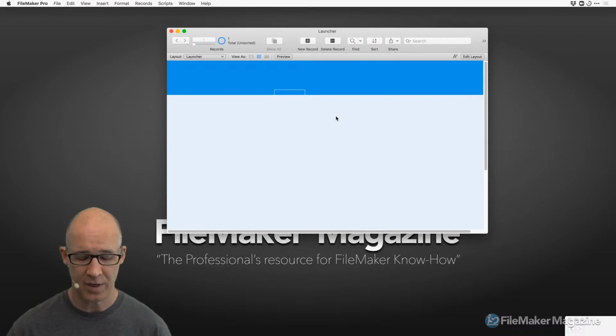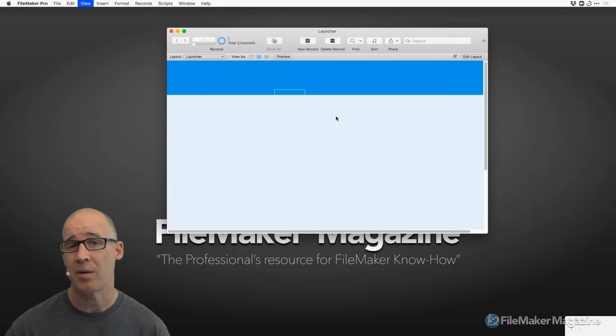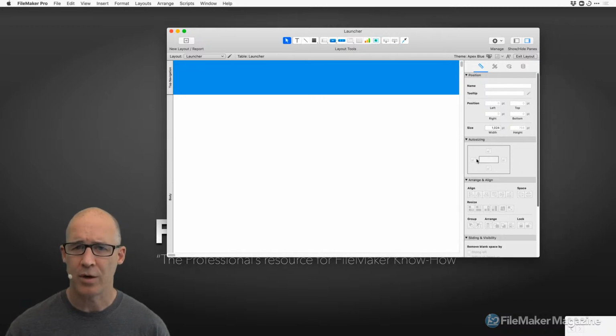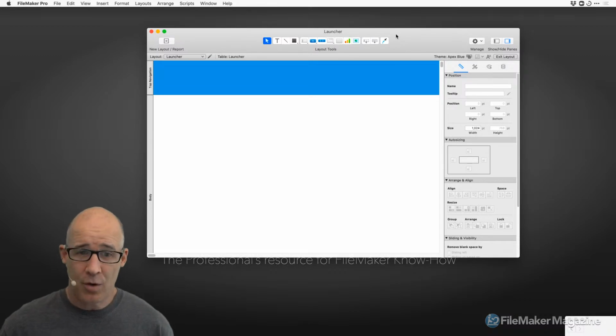Just interactively, it is Command L, Command B, Command L, Command B, Command L, Command B. You're going back and forth as you develop a lot within FileMaker. All right, so what else are we going to do here if I'm a new FileMaker user? If I'm a new FileMaker user and I don't know about FileMaker, well, right off the bat, I can see